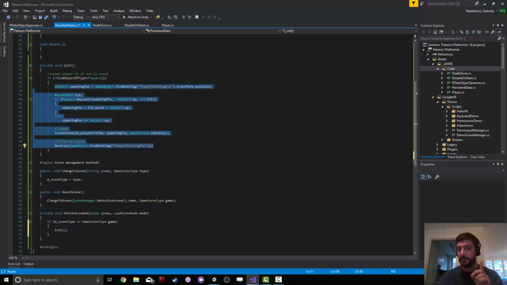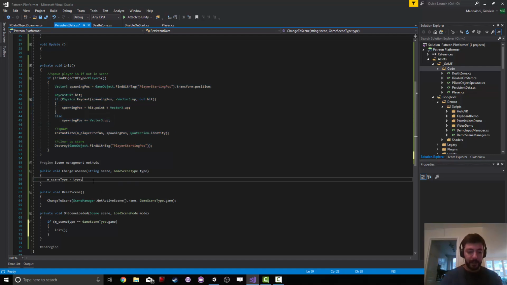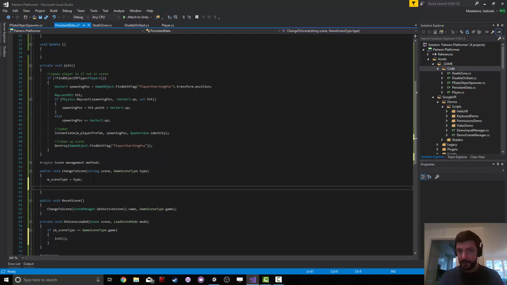The first time it's not going to be found in the scene and it's going to be instantiated, but the second time we load the scene, after we press play and reload again, the player is going to be in the game, and I'm going to make sure of that by doing this. When I change the scene, I also want to reparent the player to us,